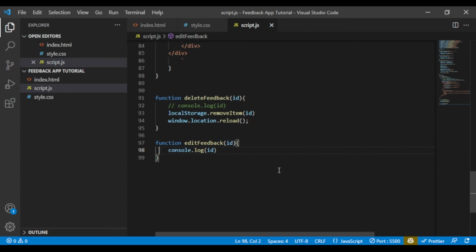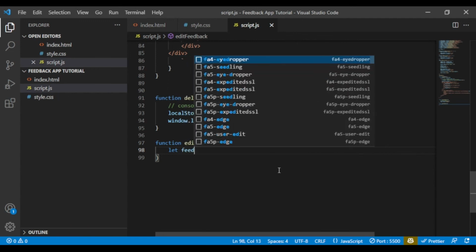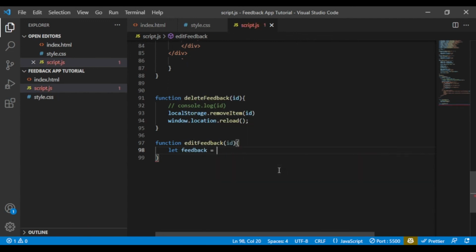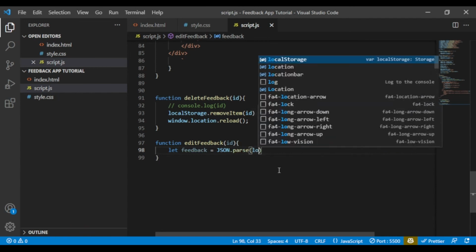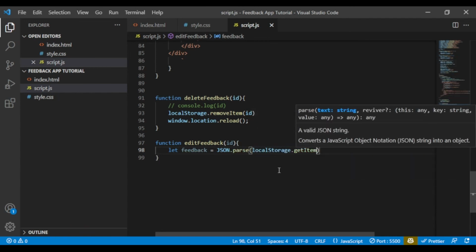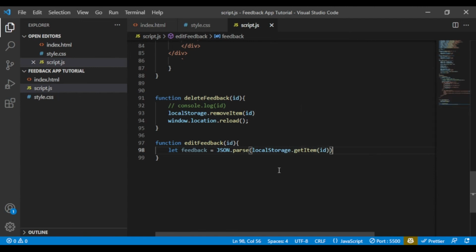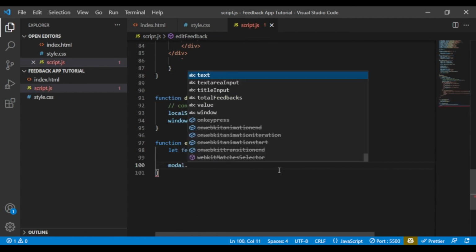And so first of all, what we need to do is grab the feedback, same thing like we did in the add. It's going to work similar to a combination of add and delete. First of all, we need to grab the JSON.parse, localStorage.getItem, get whatever that is from the local storage, and then